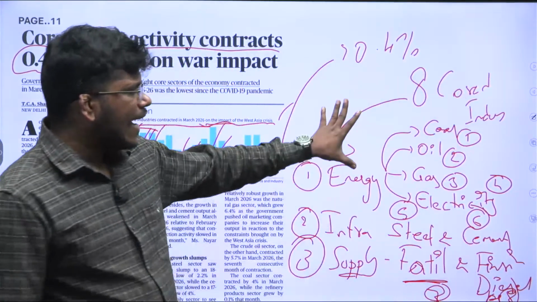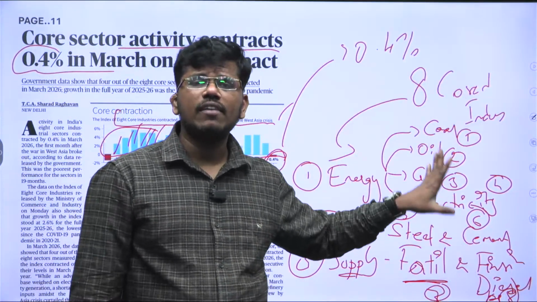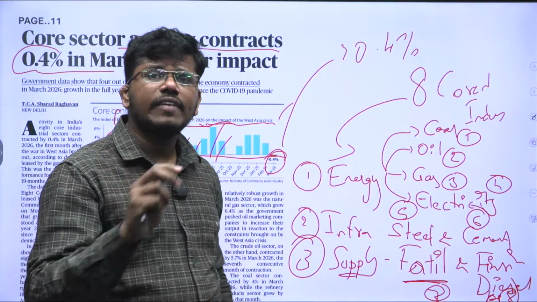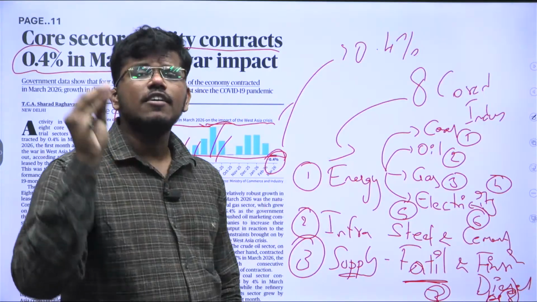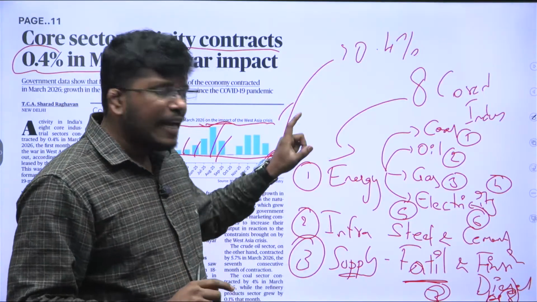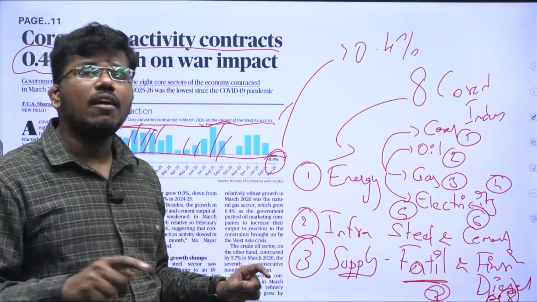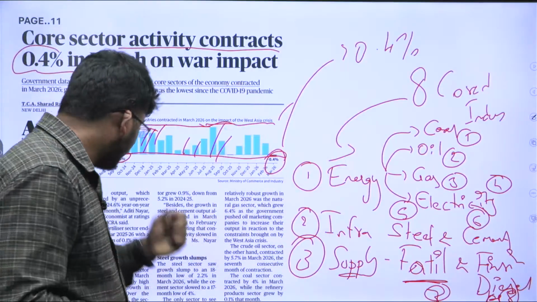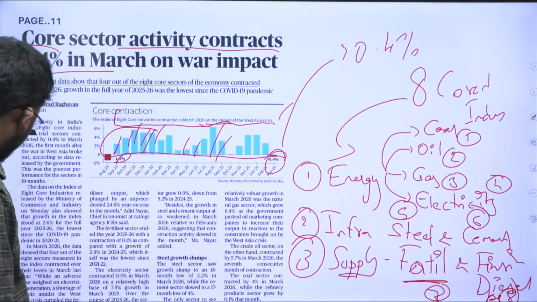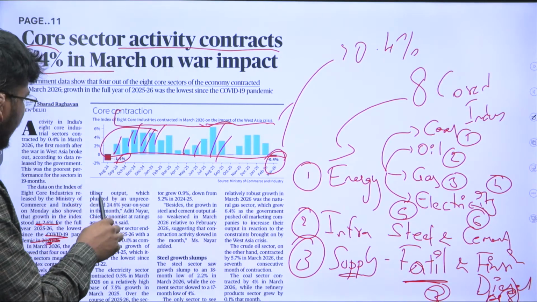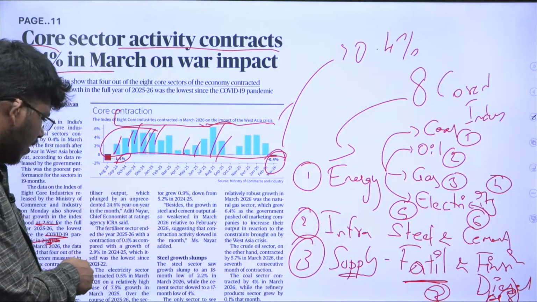So these are the 8 core industries of India, very, very important, which almost has like 40% of India's GDP, which can impact the 40% of India's GDP, and any drop in these core sectors means the economy or the growth rate of India is getting down. Especially here we can see this only happened the last time in COVID-19, 2021, the major dip, but again it is seeing one more major dip. In August, of course, it happened, but now the